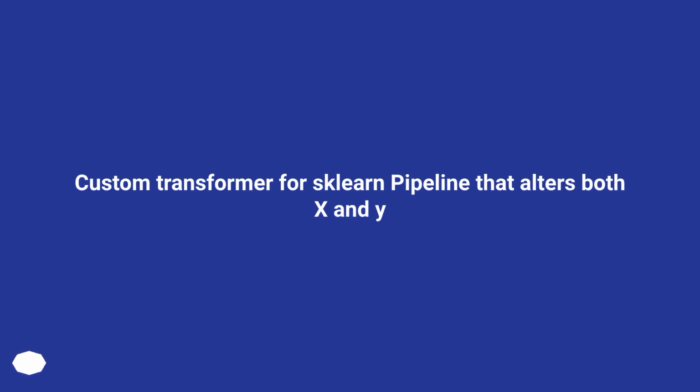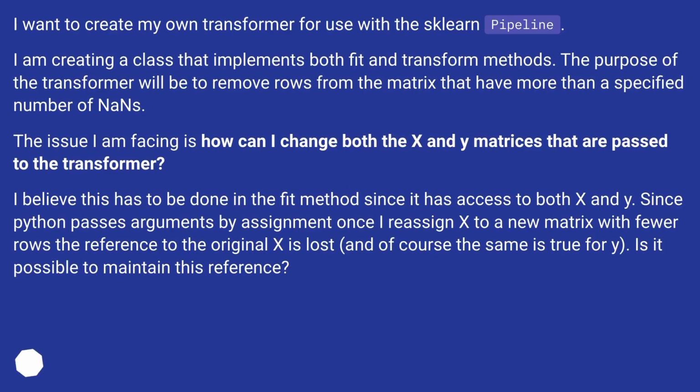Custom transformer for sklearn pipeline that alters both X and Y. I want to create my own transformer for use with the sklearn pipeline. I am creating a class that implements both fit and transform methods. The purpose of the transformer will be to remove rows from the matrix that have more than a specified number